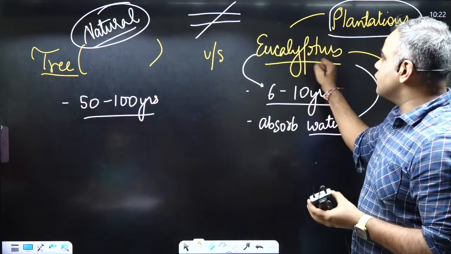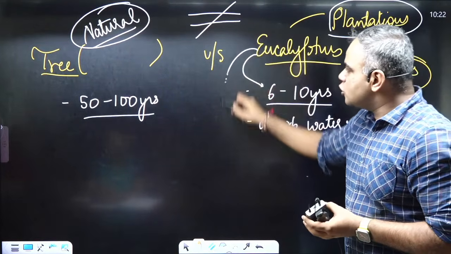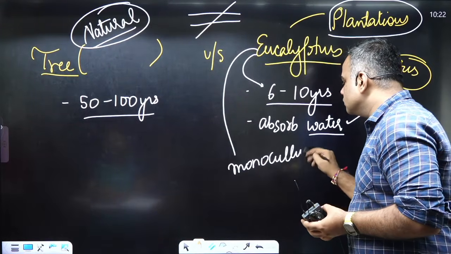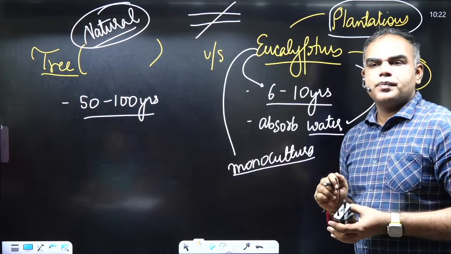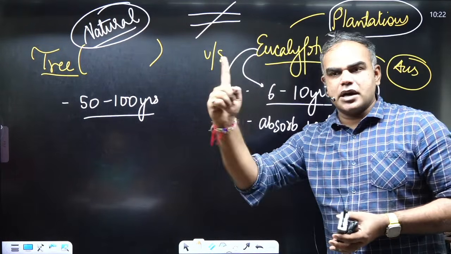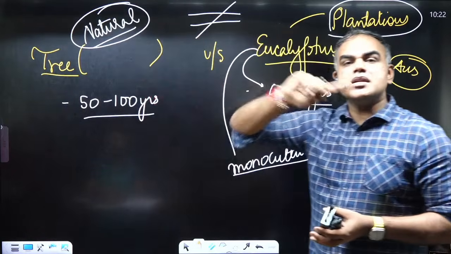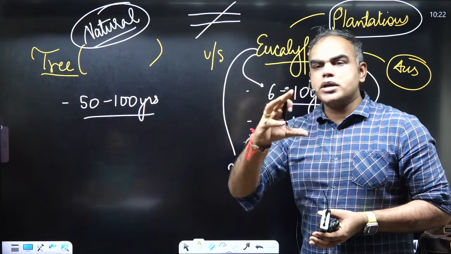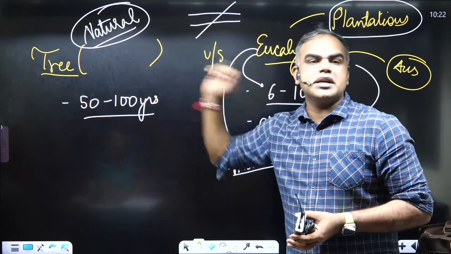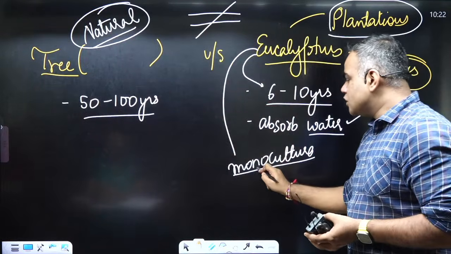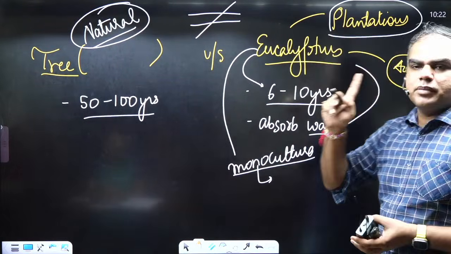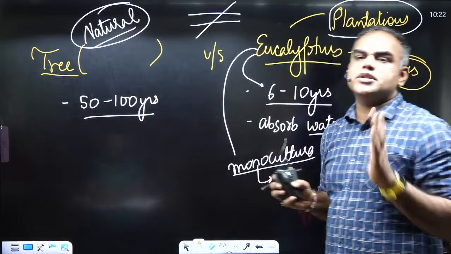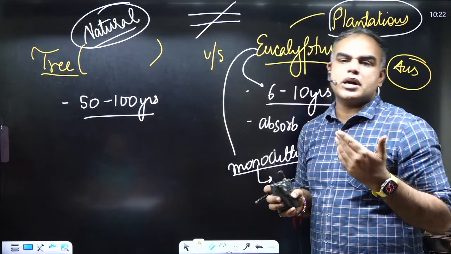Now, if you're bringing something from the outside, number one, सबसे बड़ा issue है यहां पे, this leads to a monoculture. Monoculture means आप एक तरह से यूकेलिप्टस लगा रहे हो. In nature, things are highly diversity oriented, right? So for long term benefits, you want more and more diversity. यहां पे क्या? Monoculture. The biggest problem with monoculture is, if any one of them has any pest issue, any issue, this will get damaged. पूरा का पूरा monoculture खराब हो जाएगा आपका.